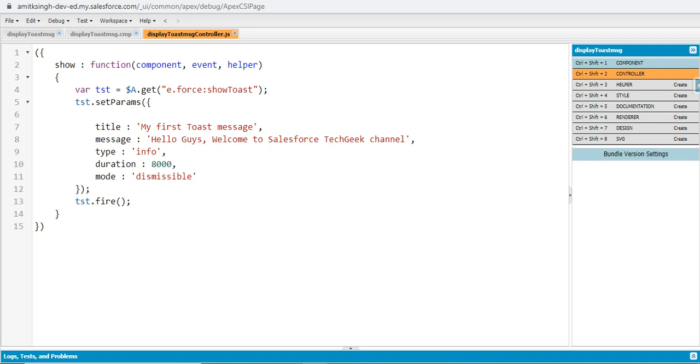So you can see that the code is compiled without any error. And one thing we need to keep in mind is that we cannot display or check the functionality of our toast message from the developer console. For this section we have to navigate to our